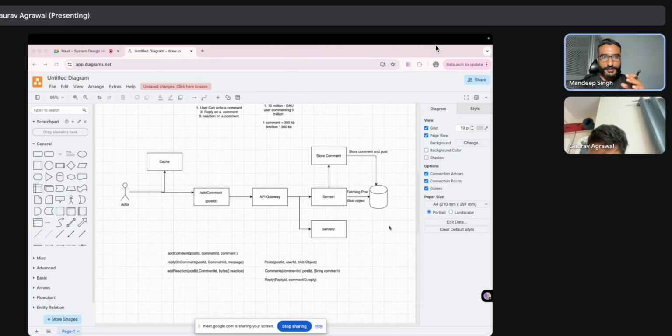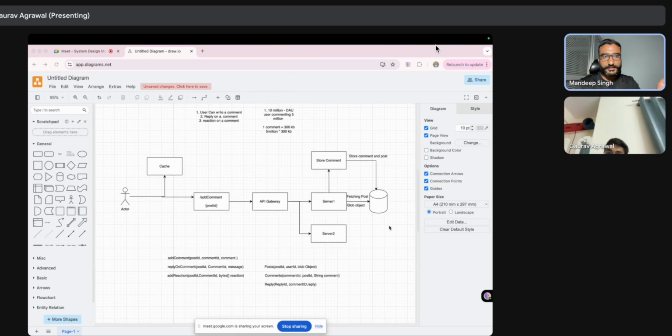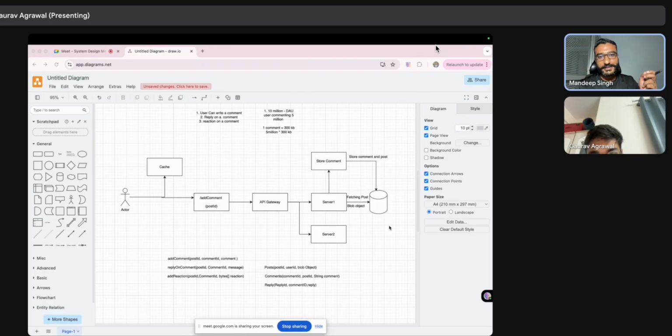So what are the read query patterns I have? I want to get the comments, and I want to get the replies of those comments. These are some of my query patterns. Now storage was another angle. Then the scaling part of things comes later. But I will definitely start from the requirements, as in what are my expectations, and what are my query patterns, read and write. So that's a good starting point.